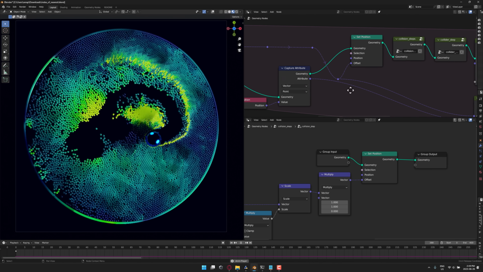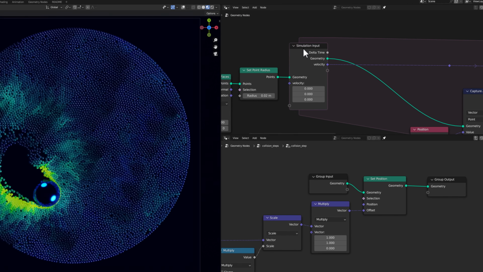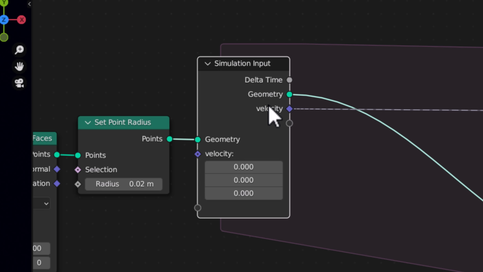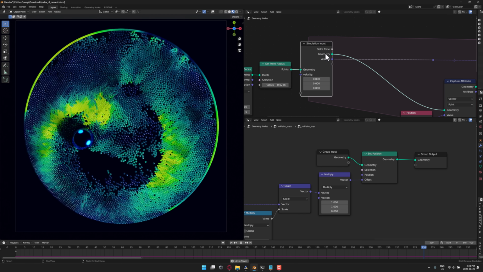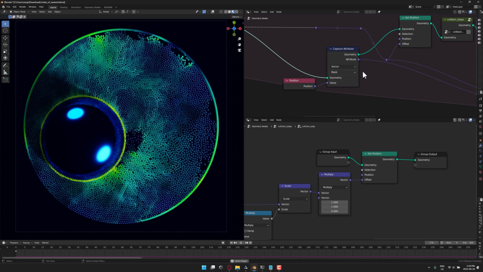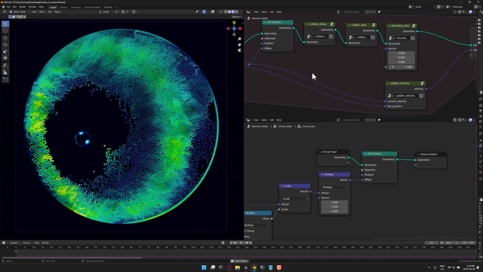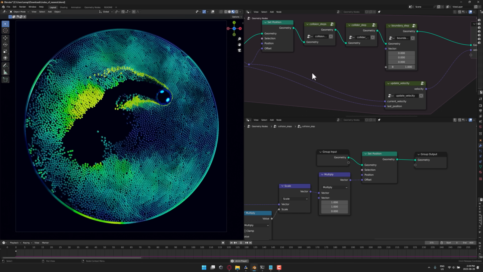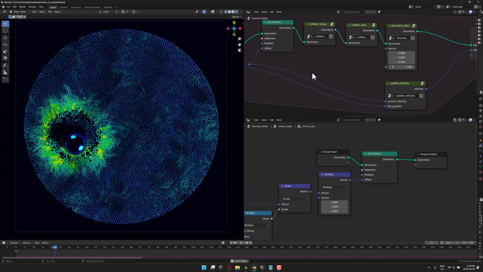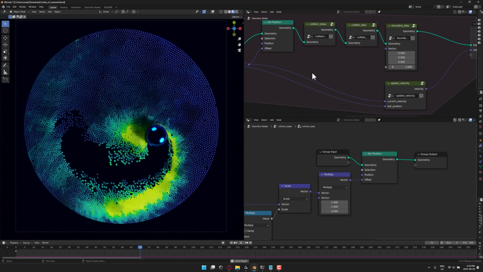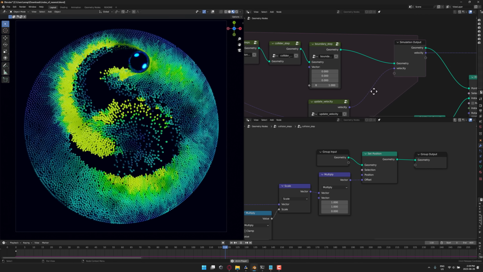So this is a geometry node-based system, but what you've got now is this simulation input, and you've got things in here like the amount of time that's elapsed. You've got a velocity value over here that is a parameter, and so on. And it's using a traditional geometry nodes approach. It's just that this is being called every frame of the simulation. It allows you to do things over time that previously would have been quite complex,